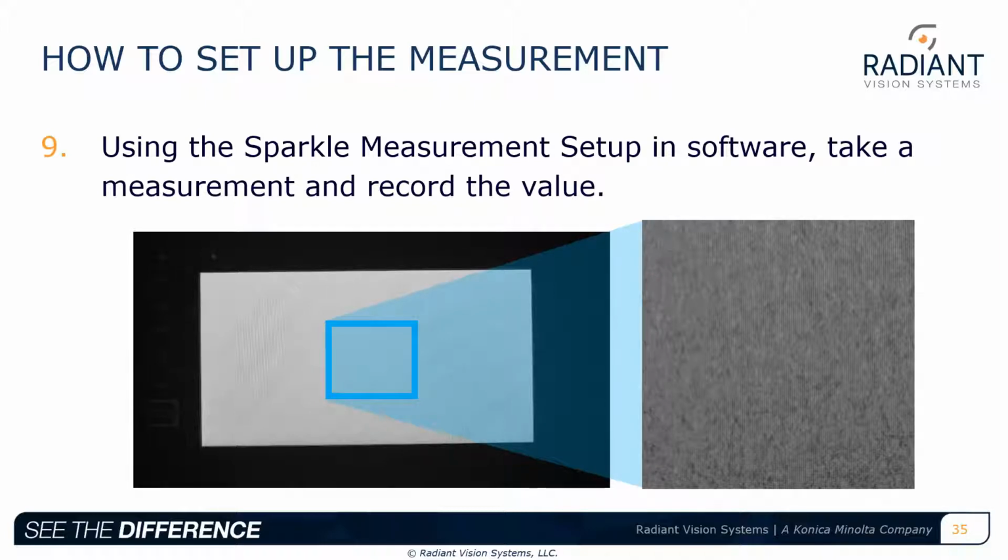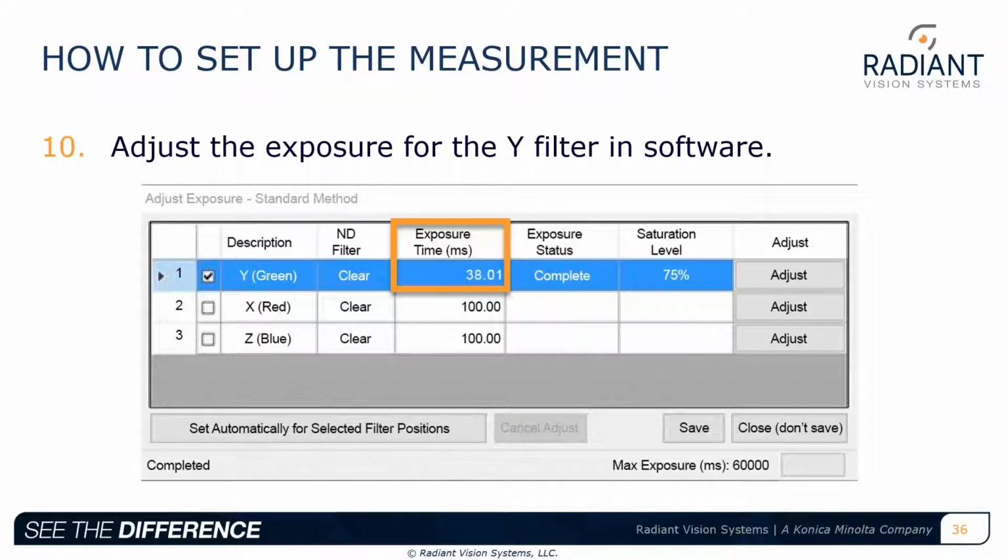So using the sparkle measurement setup in the software, we can now look at taking an initial measurement. And taking an initial measurement requires a couple steps. The first step is adjusting the exposure of the camera to detect the light being emitted from the display. Radiant uses an algorithm called auto adjust. Auto adjust allows the camera to perceive the signal and the light being emitted from the display, ensure that a 75% saturation level is being met,